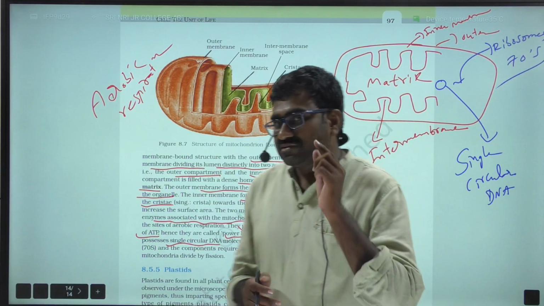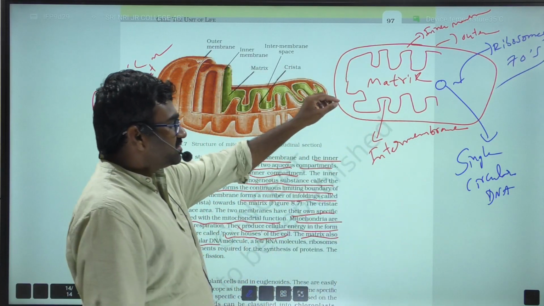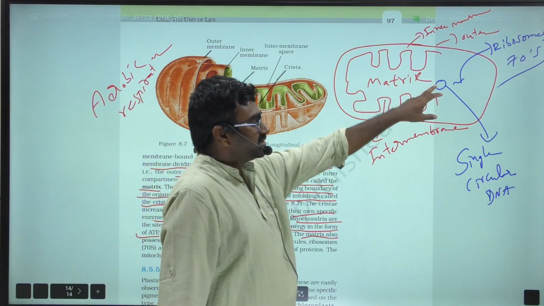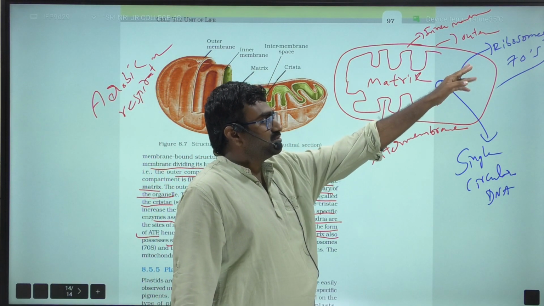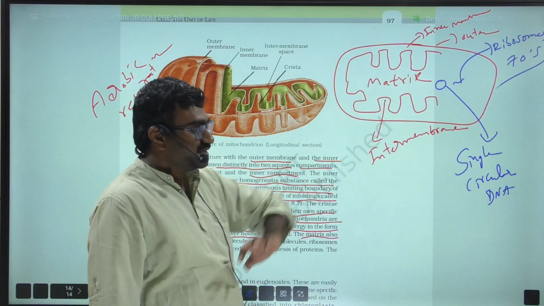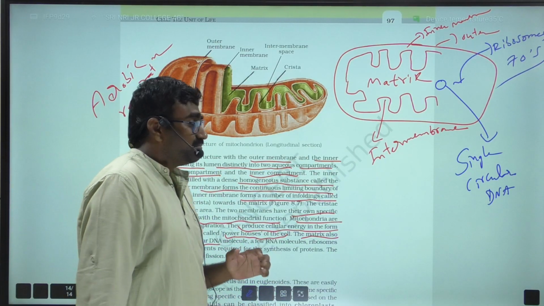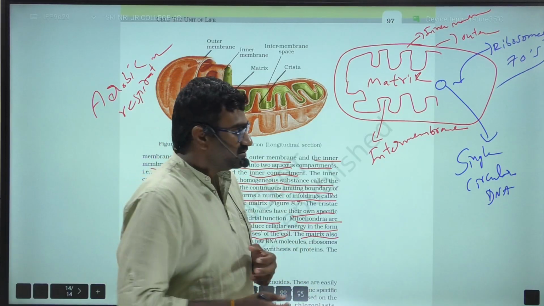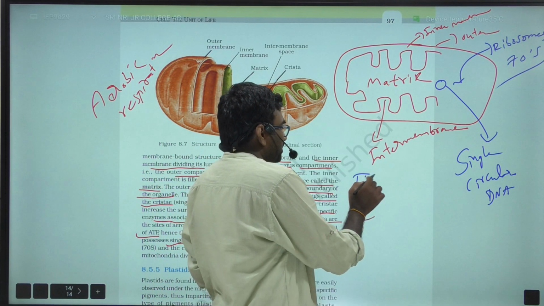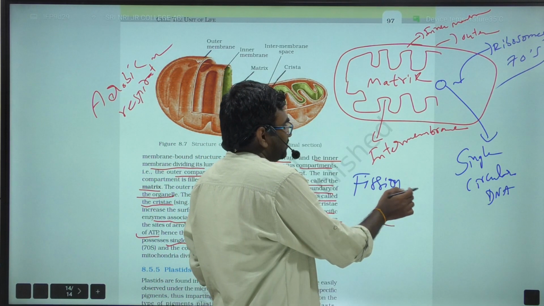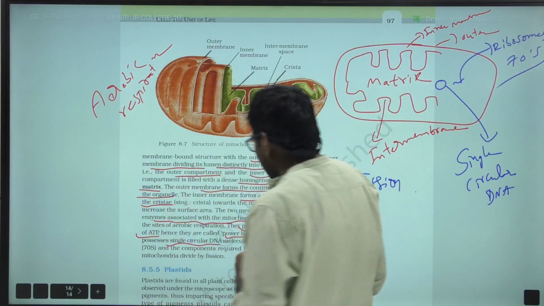It is a previous NEET question: they possess single circular DNA, and ribosomes are present. They are 70S ribosomes. And mitochondria divide by means of fission. Next, another important question: